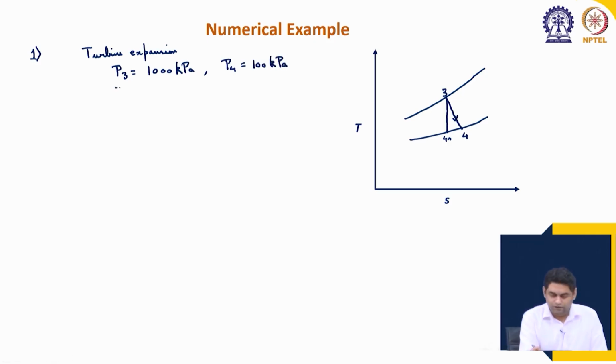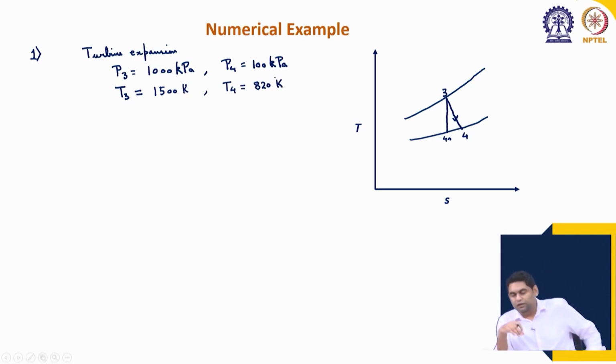At the inlet of the turbine, the temperature is 1500 Kelvin. And at the exit, the temperature is also known. We have measured the temperature and found that this is equal to 820 Kelvin. So, we have measured the inlet and outlet conditions for a gas turbine and found that these are the temperature and pressure at the inlet and outlet of this turbine. Okay. We want to find the values of